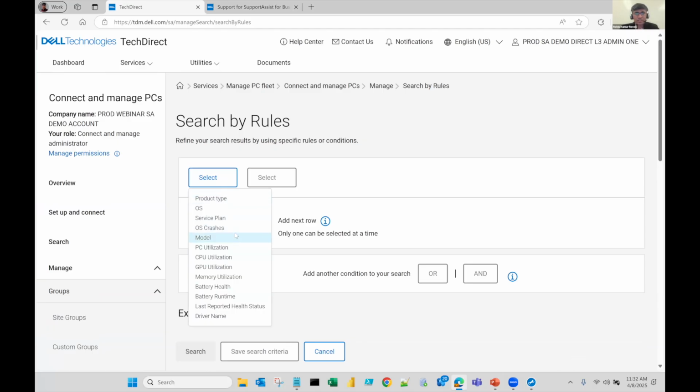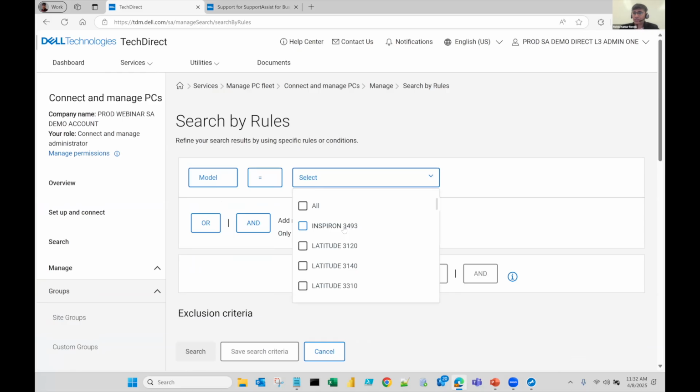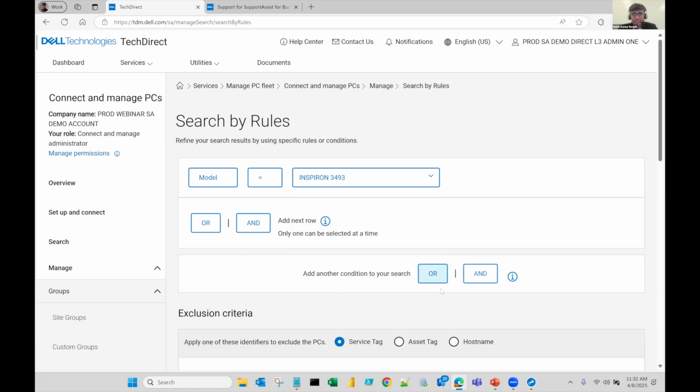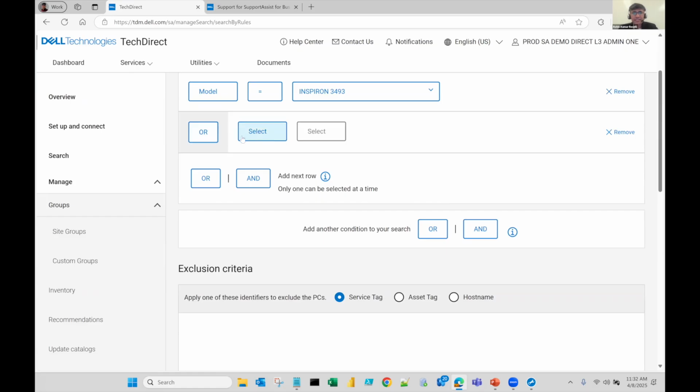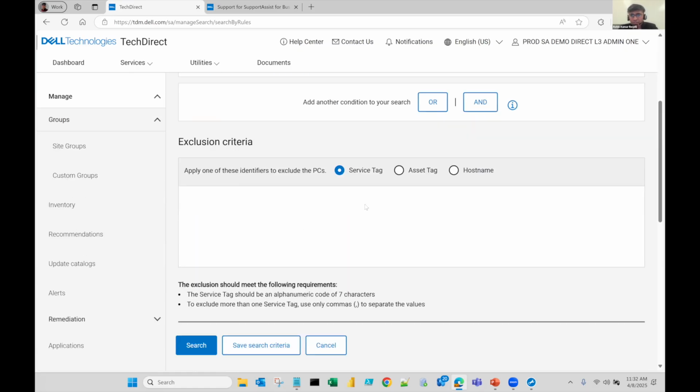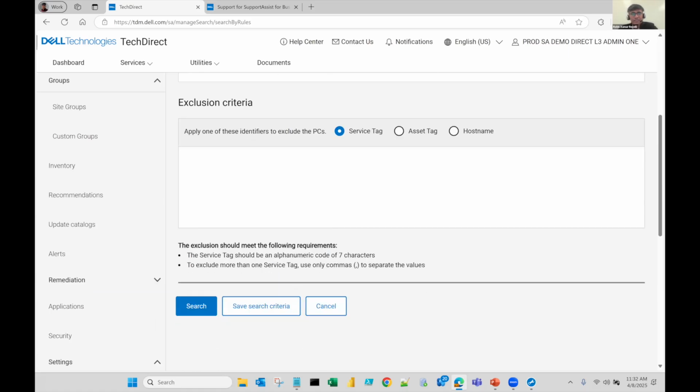Just choose a model, if you know which are desktops, let's say Inspiron. Then add any other condition, or you can even exclude a service tag or anything,